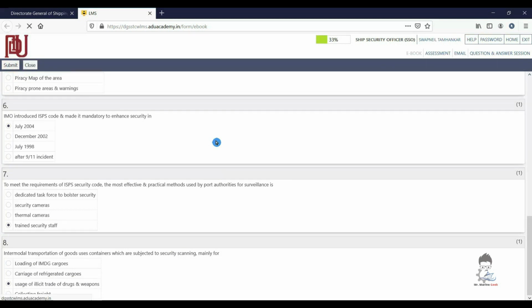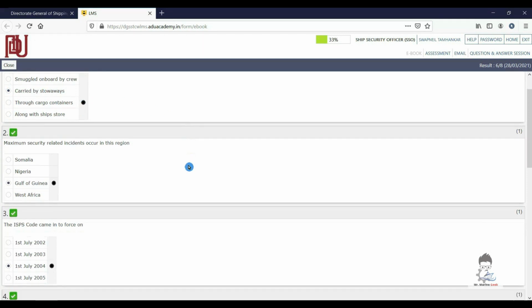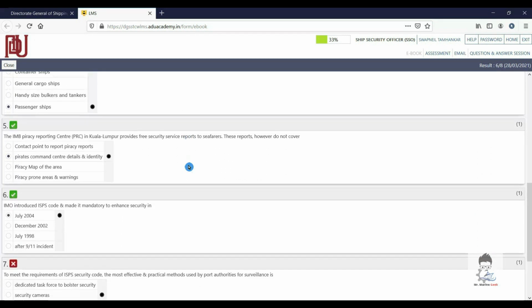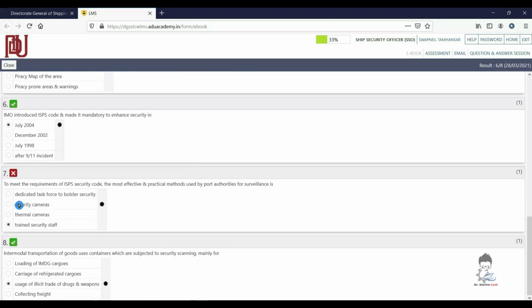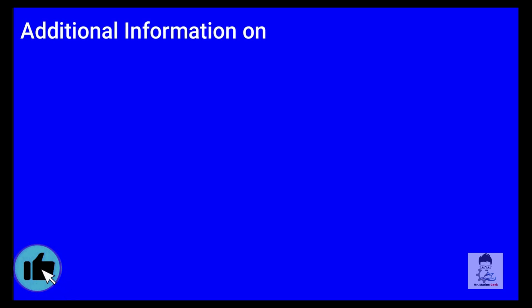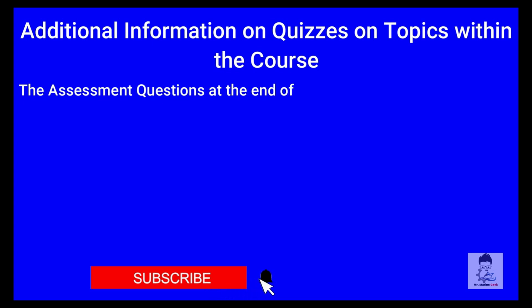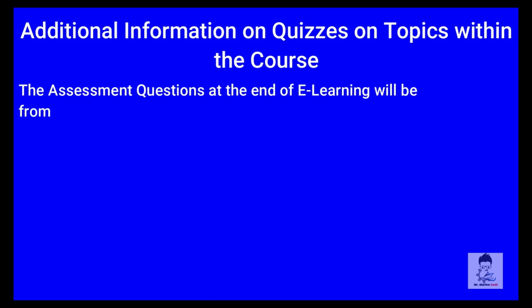And then you press that submit, and on the right hand side, you can see the result, 6 out of 8, and you can see the date, and immediately you can see that the first question answer is wrong, and it has given the correct answer, which is marked with the dot, and the answer that you have given on the left hand side option, what you have selected. So you can immediately see what is wrong.